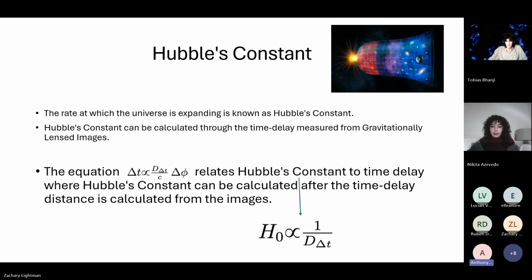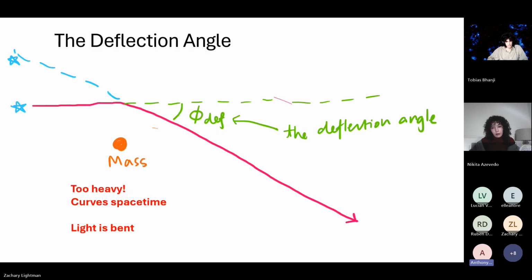In this equation, delta t represents the time delay, d of delta t represents the time delay distance, and c represents the speed of light. All of this comes together so we can get a relationship between Hubble's constant and the time delay distance that we can calculate from our images. I'll pass it on to